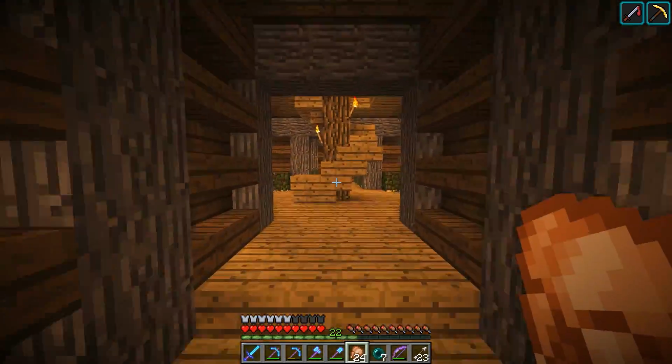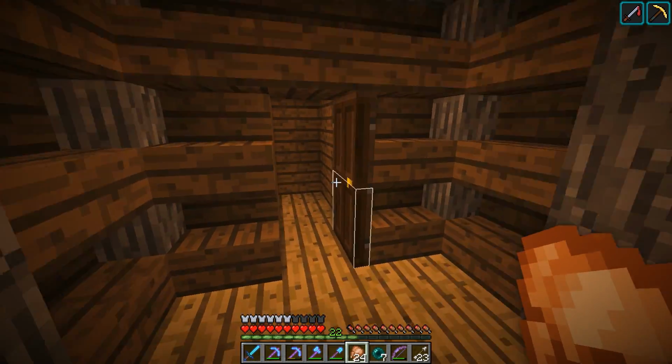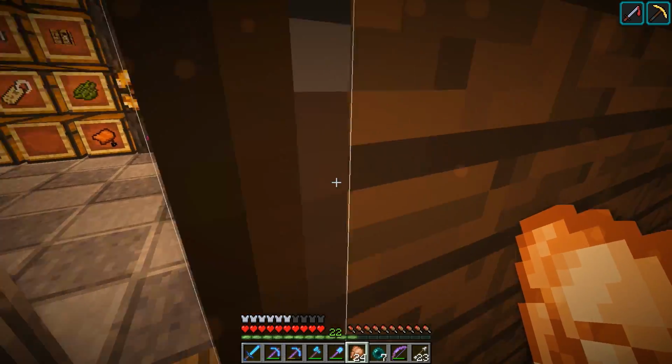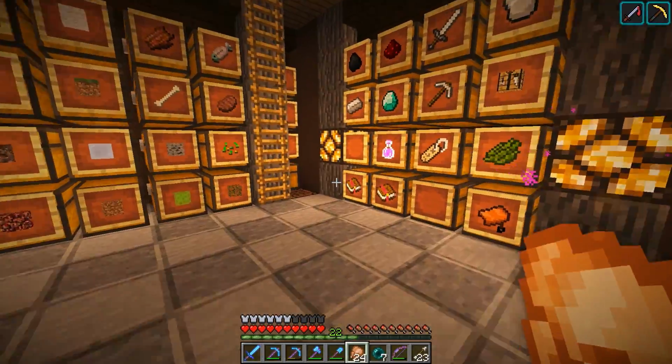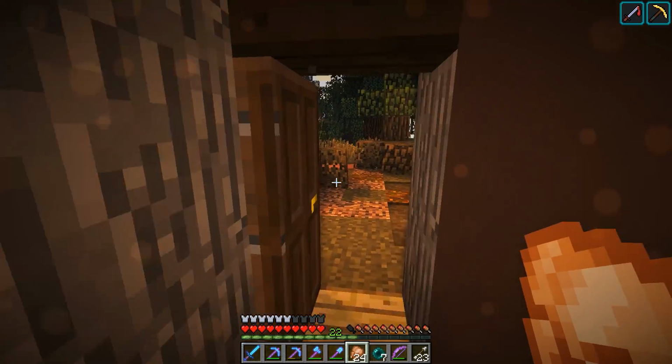And there's not really a whole lot else to see down here. I've got a storage area for clay, a storage area for logs and wood, and that's about it. And then that goes upstairs, but the upstairs really isn't worth seeing because it's not very well done. Anyway, so